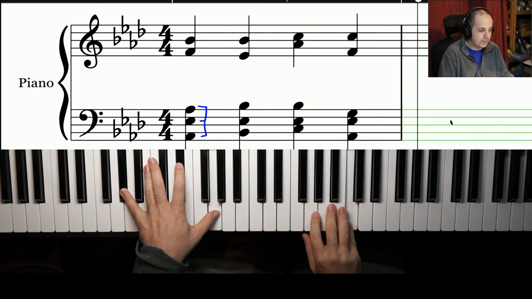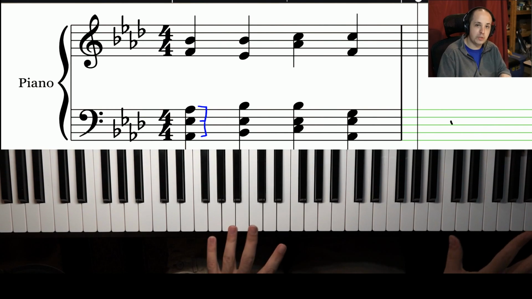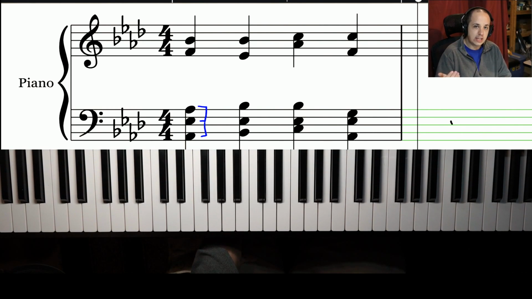Okay, so that answers the question. The answer is absolutely that the interval technique comes in handy when doing this sort of thing with more complex patterns in music. And if you want to learn more about that, check out the playlist I have